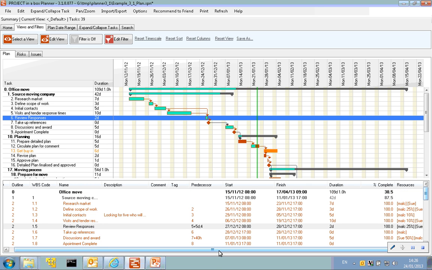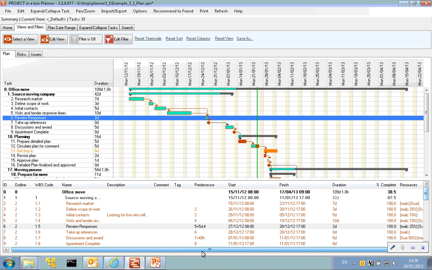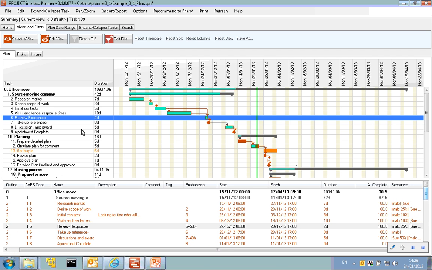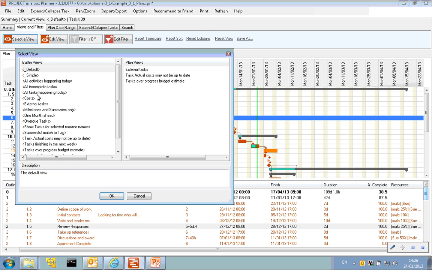But of course we've got an awful lot of data now, lots of different data for each different task, and we're only showing a limited set here in what we call our default view, which is associated with the direct task itself. And views are a very important part of how Planner works. On our ribbon here we can very quickly come to the views ribbon, and we can select an interesting perspective on the plan data. So I'm currently in default, but if I go to costs,